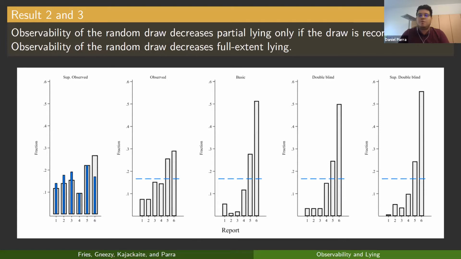Imagine you draw a 4. If the experimenter is not observing your random draw or your report, if you decide to lie, you should go for the full extent lie to take advantage of the highest payoff. If you report 5, the models say people report 5 because of social signaling that they are honest. But here it's impossible to match my report with my identity. So